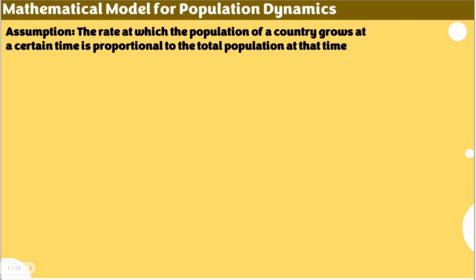As we talk about specific situations in this playlist, we would start with population dynamics. We're going to talk about half-life. We're going to talk about cooling and warming as well, and these are considered examples of mathematical models which involve differential equations. To kick off this playlist, let's talk about the mathematical model first for population dynamics.